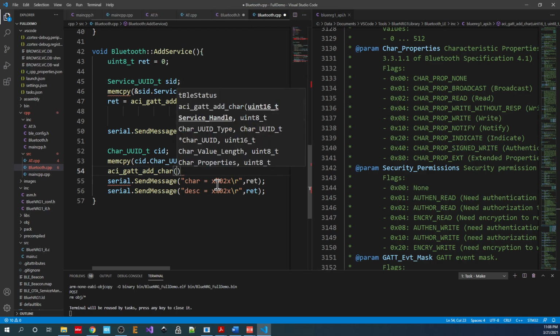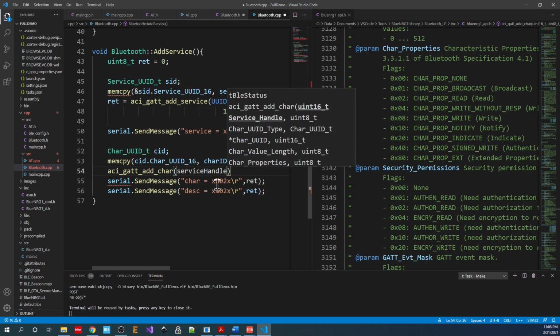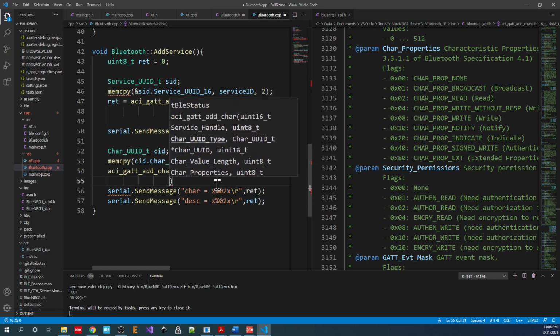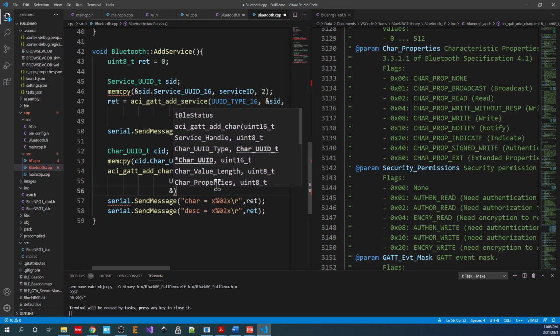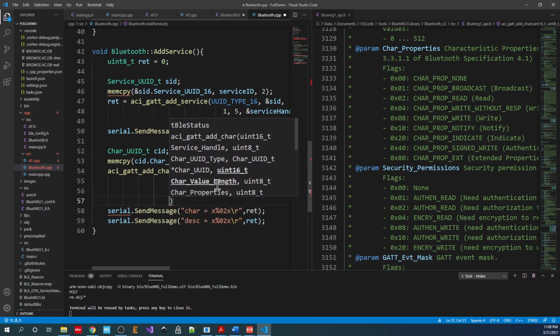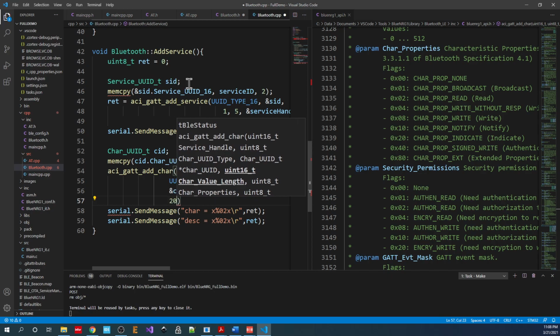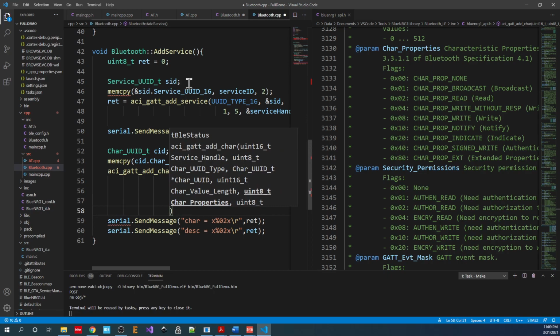And let's start. First one, we need the service handle, right? Second, we need the type, so it's 16 bits. And then we need the CID. Now we need the length of this. So how much data do we want to send? Let's make it 20 characters. That we can send a maximum of 20 characters, but we could send less if we wanted to. But 20 is the max. And then the